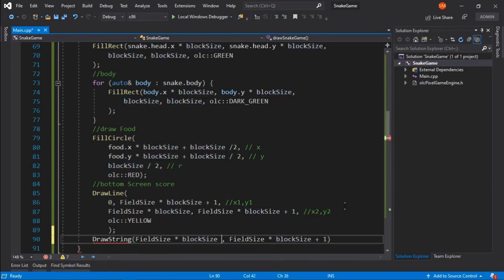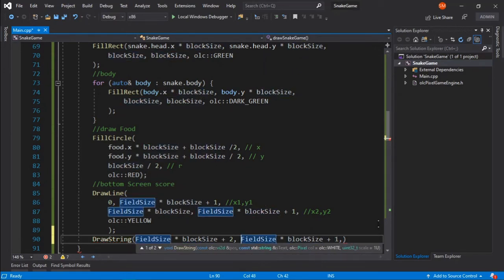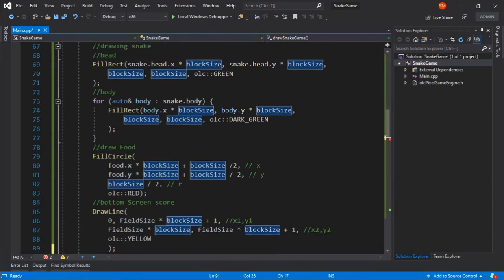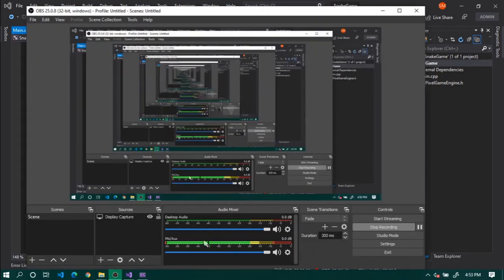Let's say we're giving this plus 1 as a hard coded value, plus 2 as a hard coded value. And after the coordinates, these are the coordinates for the string. So this is the x and y for the screen.